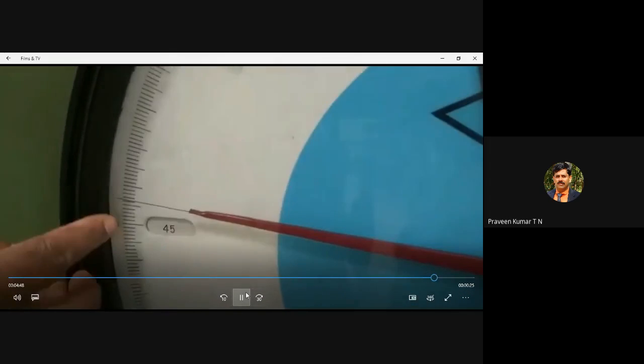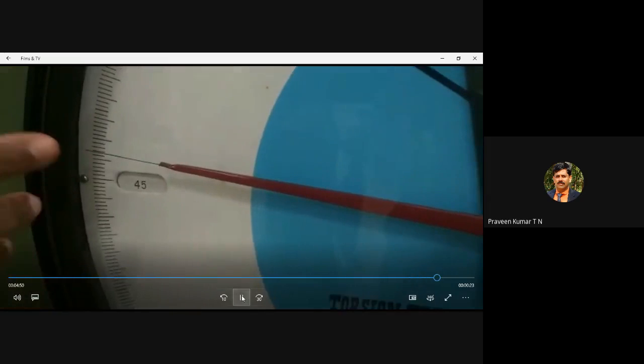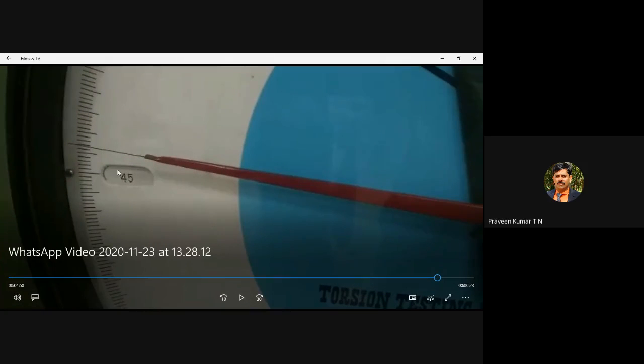That is the maximum load taken by the specimen, around 45.52. You can say that is around 45.6. We can say that is the maximum load taken by the specimen. That is nothing but TF. What formula you are